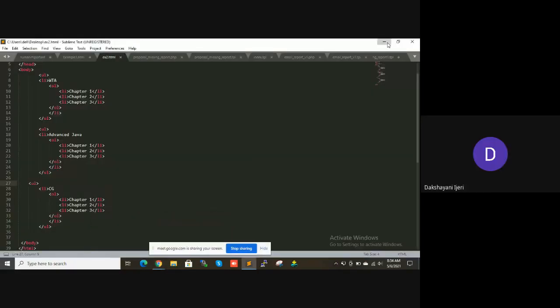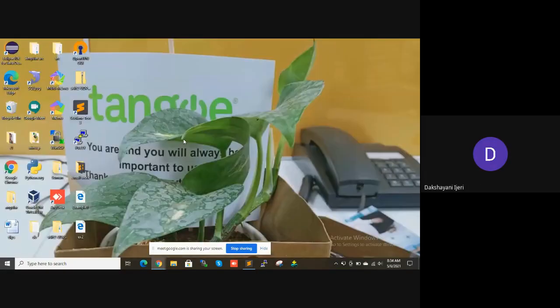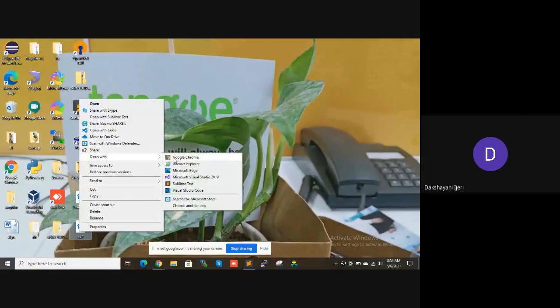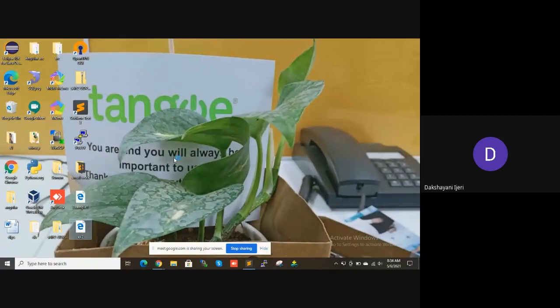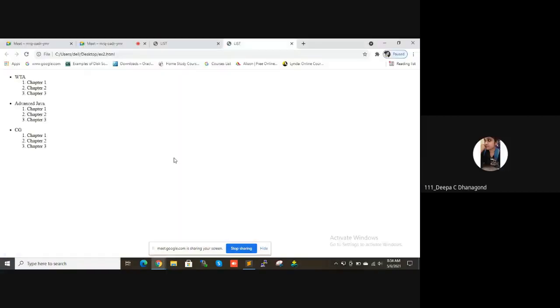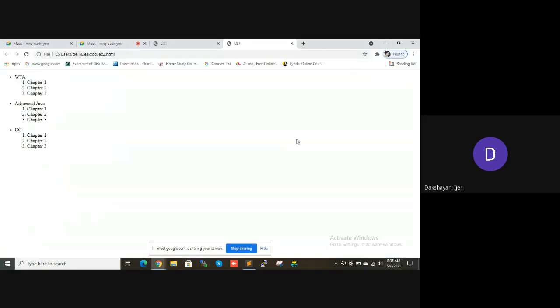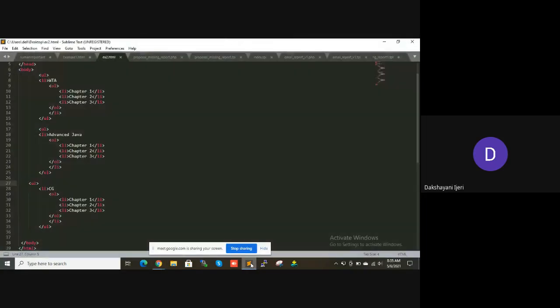Others also concentrate. Even if you have written it, check it out, or if anyone has a doubt, you can also check it. So you can see that you are getting the output as expected. Let's see what she has done. So open the code, Deepa.